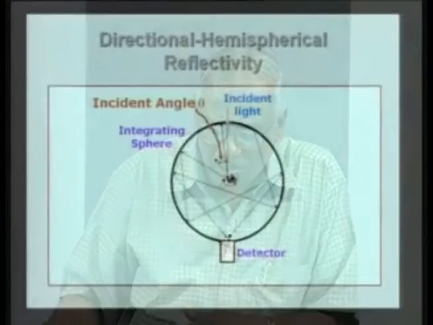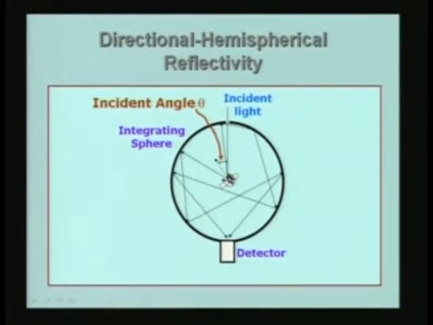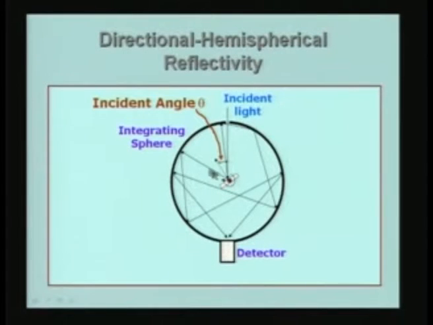So, the radiation is going to leave in all directions, and now I am going to integrate the radiation leaving. In the previous case, the radiation incident on the surface was integrated. In this case, we are integrating the reflected radiation. Therefore, it is incident at a given angle and then reflected along all the directions of the hemisphere, and I have indicated some of the rays, they come here, get reflected several times, and then come to the detector, which is actually placed against a hole on the integrating sphere.